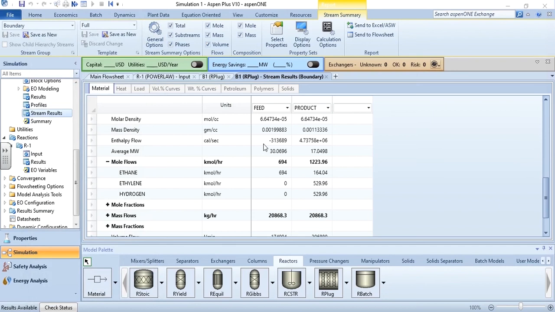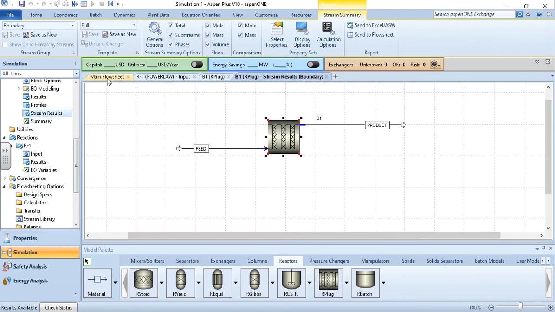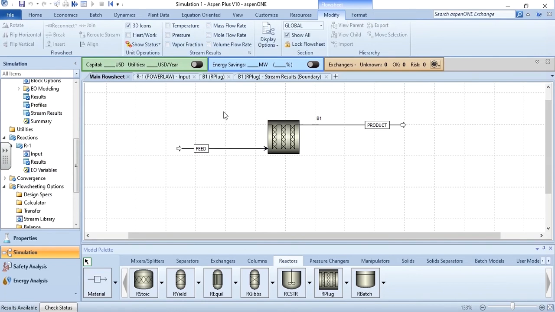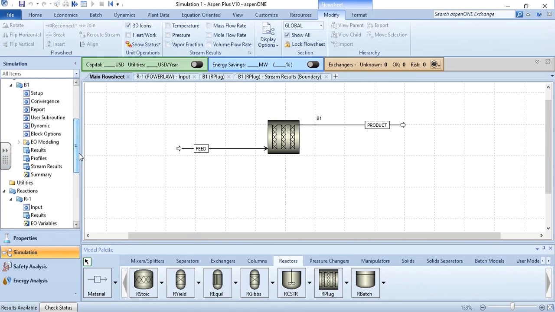And now if you want to achieve 80%, what do you do? Go to this flowsheeting option and go to this design spec. But what to vary? What should be the variable? It should be the length of the reactor. So in the case of CSTR, you had varied the volume of the reactor. Here you will vary the length of the reactor, and for a specific length and for a given value of tolerance, you will achieve your required result. But obviously, as I said earlier, you will do it on your own because this was extensively explained in the CSTR video.